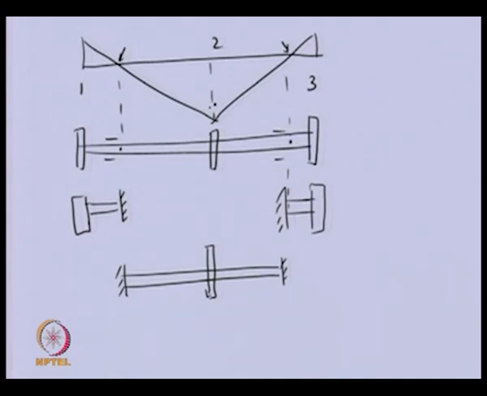So, you can see that we had a 3 disc rotor system earlier. This was a single system. Based on the information of the mode shape, we have broken this single system into 3 systems, 1, 2, 3. This is a cantilever kind of boundary condition. This is also a cantilever kind of boundary condition. This we know is IP3, this is IP1, this has IP2 moment of inertia, and these lengths, if we know